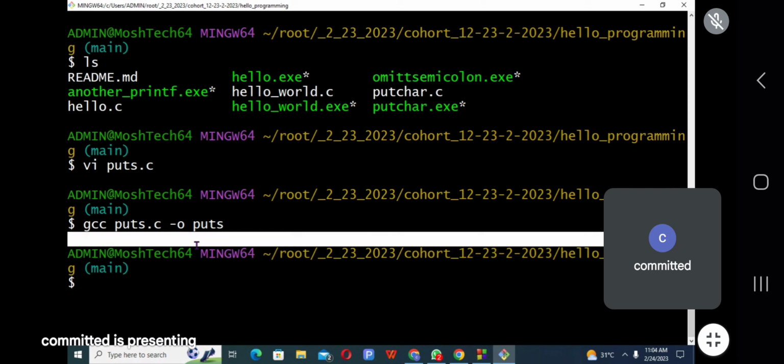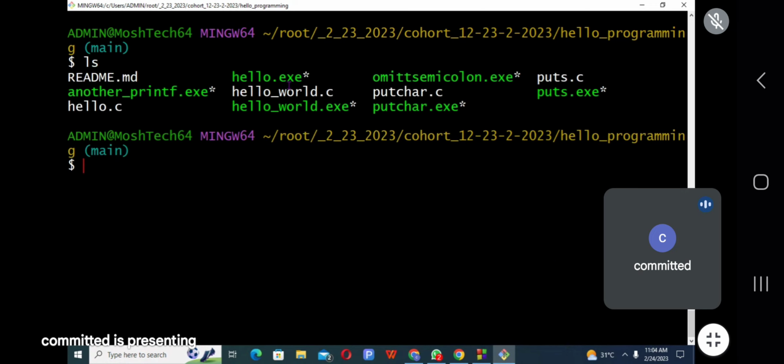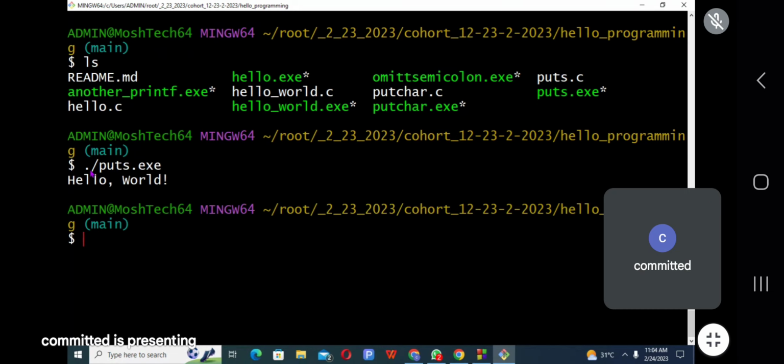Now it compiled without an error. So I want to list it. This is puts, which is the source file. This is the puts executable file. Now I want to call this executable file, which is in this current directory. Because it's in the current directory, I will press dot slash, and press enter.